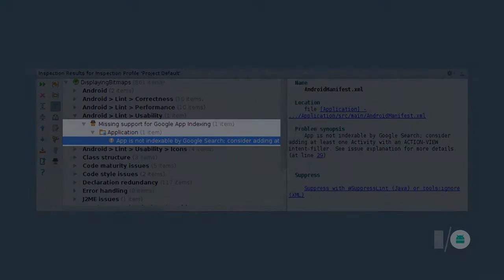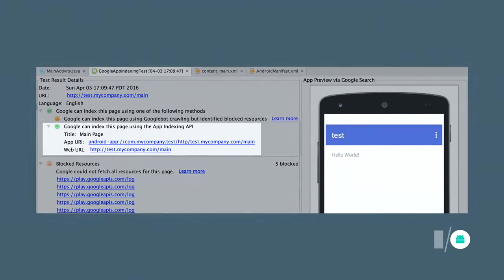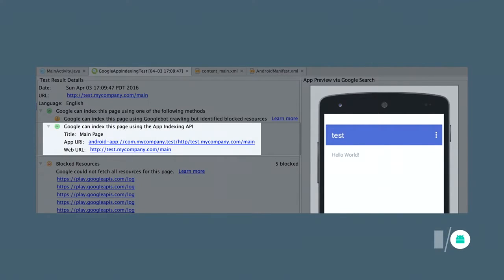And then you can also test right from within Android Studio. We have a feature where we can essentially simulate linking into your app with a given URL. And Android Studio will show you what parameters were passed to the API in this instance, and then also show you a little preview of that page in your app.